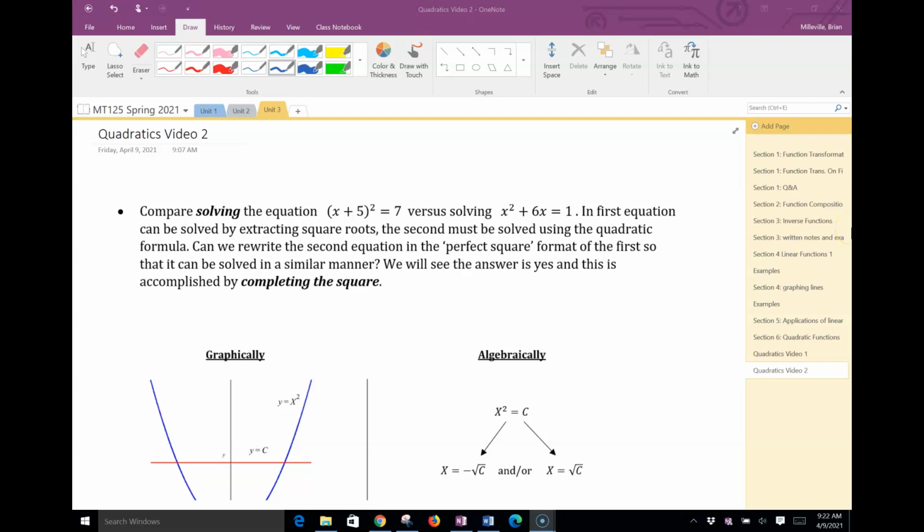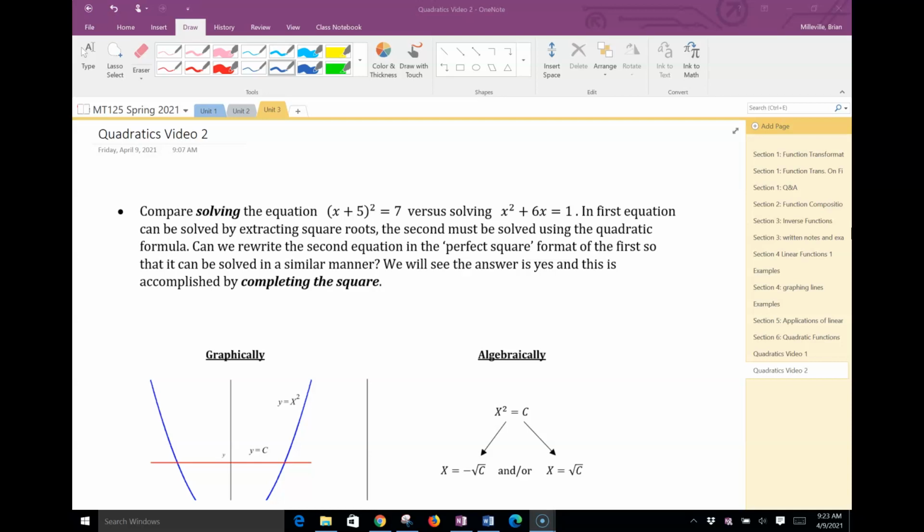Hello everyone. In this next video we're going to discuss how to solve quadratic equations via completing the square. And we've talked about a number of methods for solving quadratic equations thus far. The main couple being solving via factoring, solving via the quadratic formula, and also we've talked about solving by extracting